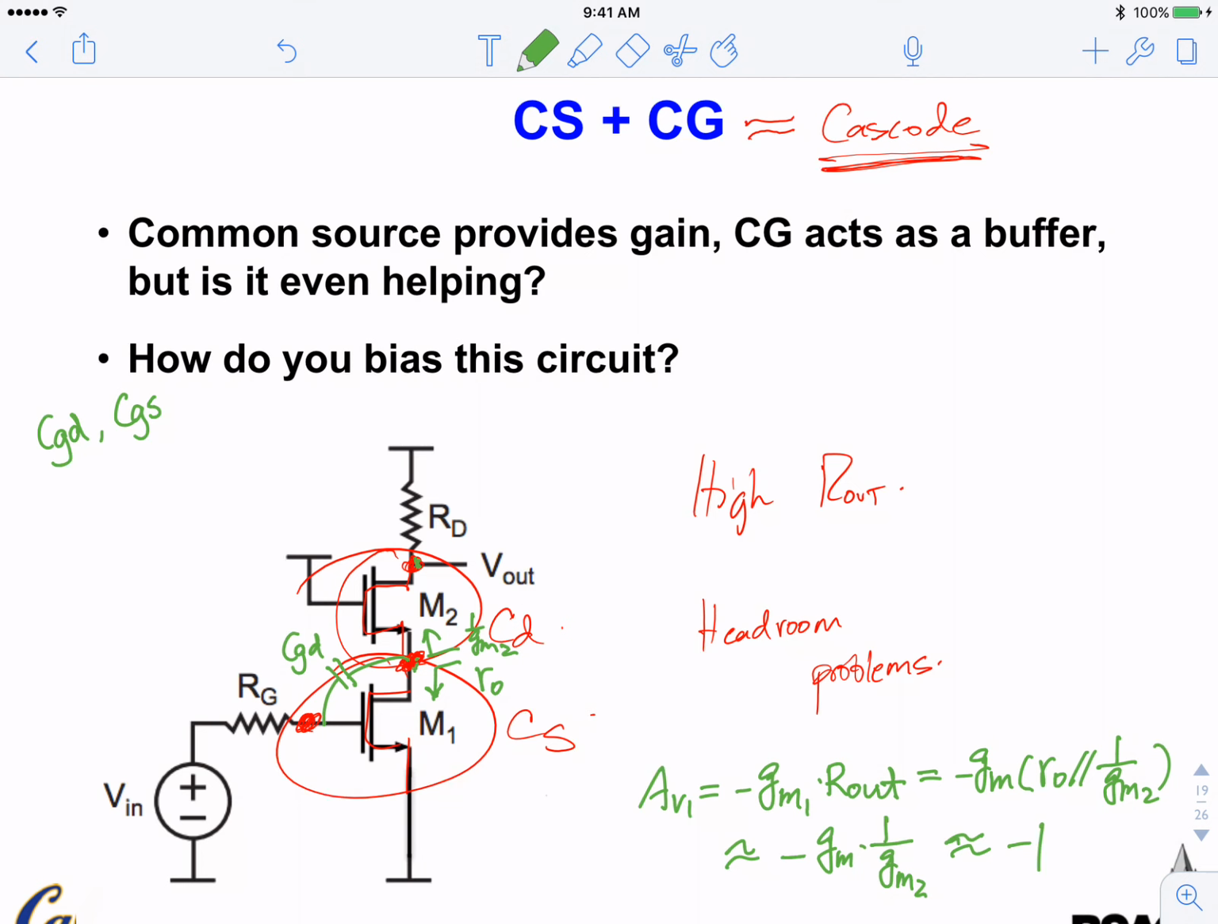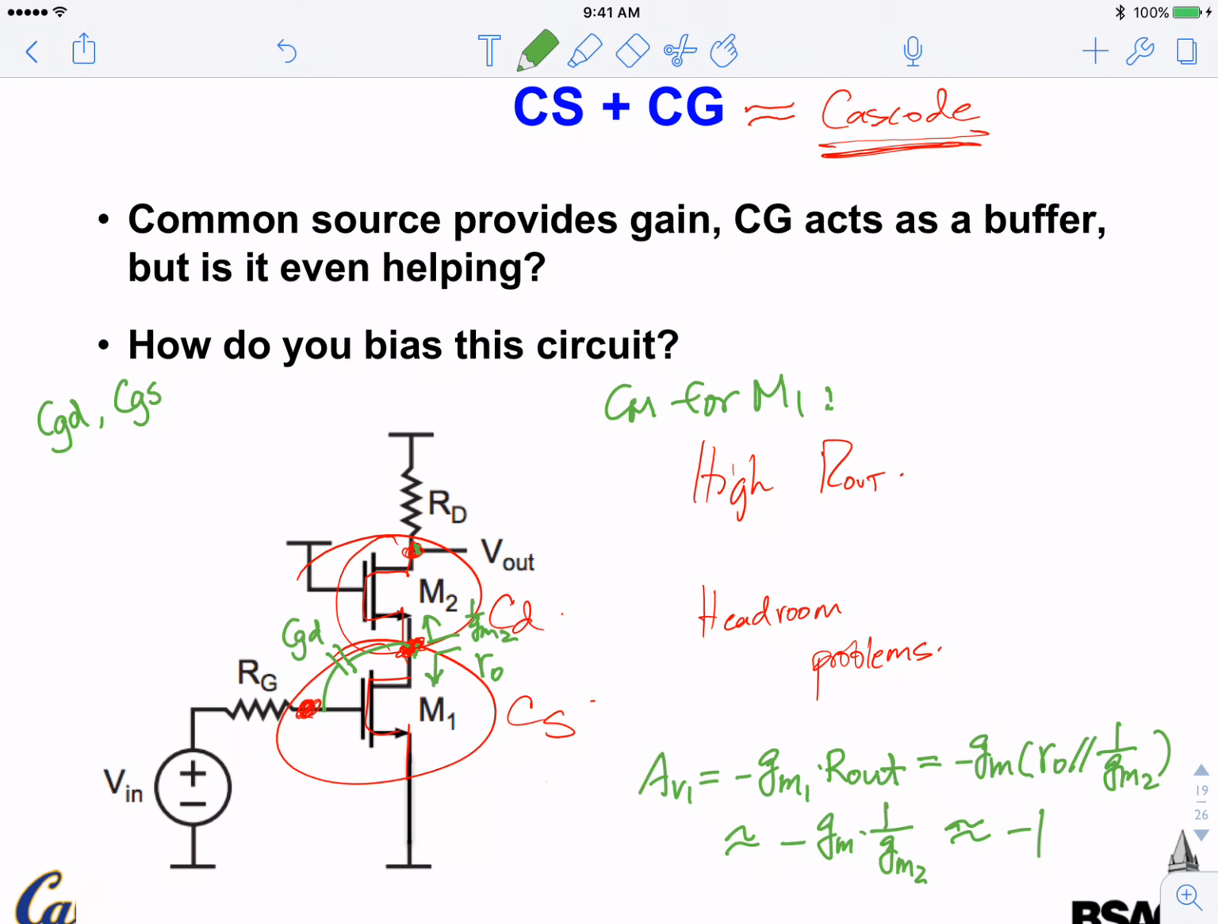As a result, the Miller capacitance Cm for M1 is now equal to 1 minus AV times CGD, and AV is now minus 1, so it becomes 2 CGD, right? You limited the gain, so you reduce the Miller capacitance. It's twice bigger, but instead of 100 times bigger, twice bigger is tolerable. Okay. Now, the ingenious design of cascading these two stages